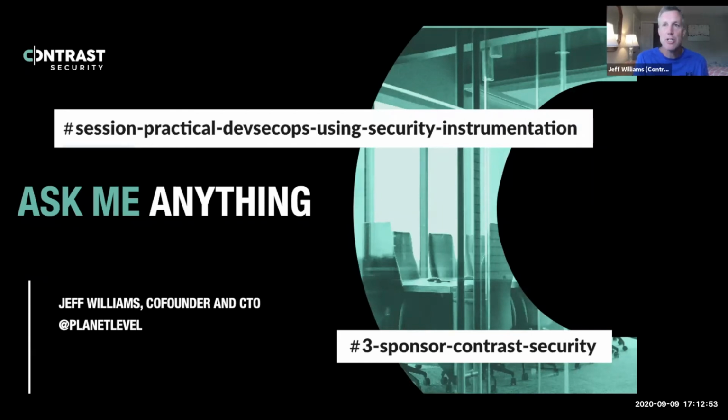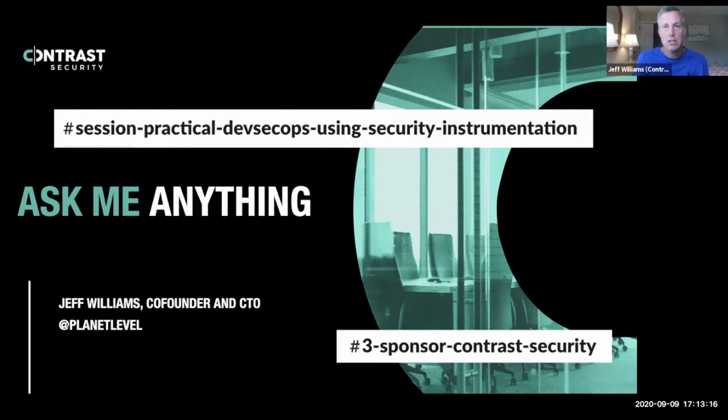I think probably the important takeaway for today is that in those applications, they all connect to server-side APIs. And most of the security risk is in those APIs on the server side. That's where all the data for all the customers is stored and where most of the risk is. So instrumentation works great on those APIs.